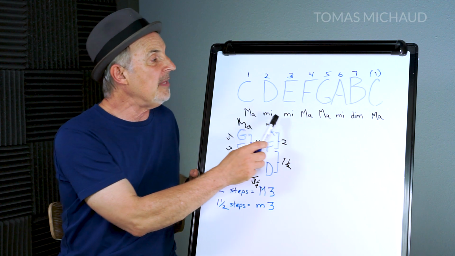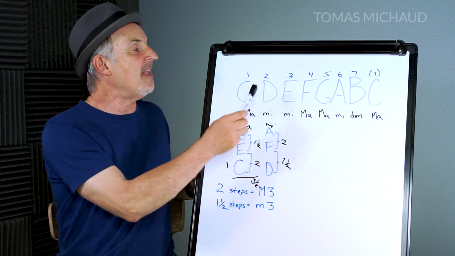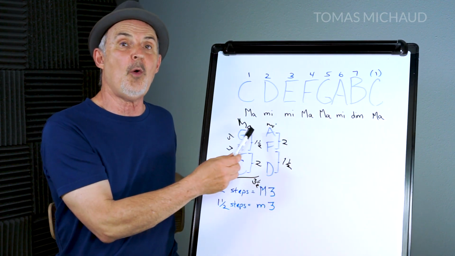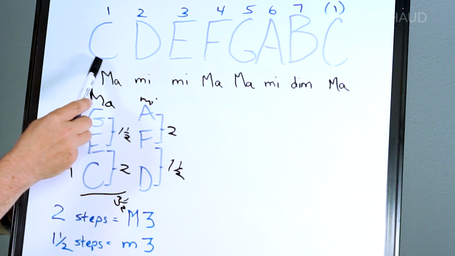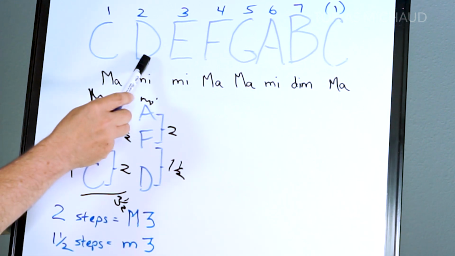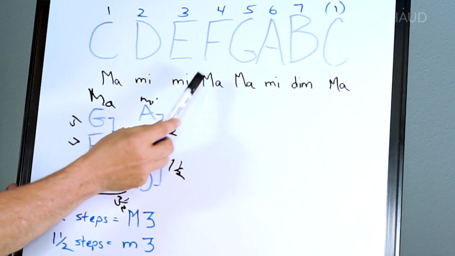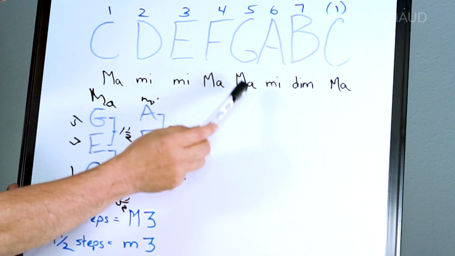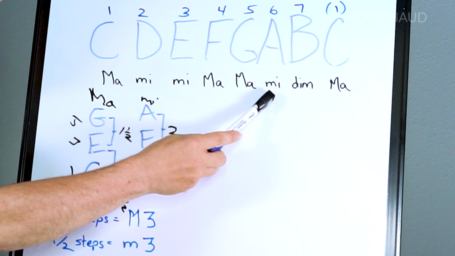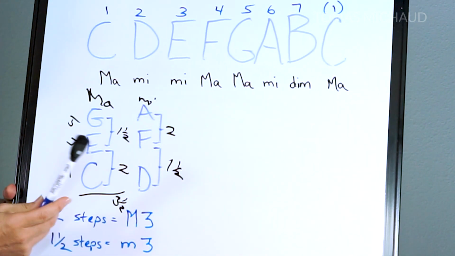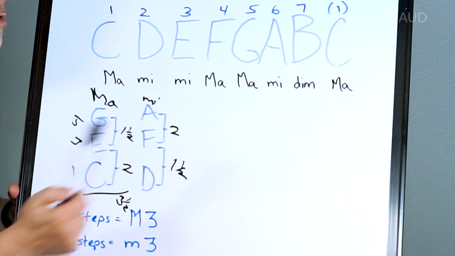Now, I've written underneath each of the scale degrees, if you did that for every scale, this is the chord that would come out. If you do it with C, we already know it's a major chord. We do it with D, it's a minor. And if you go on, with E, it would be a minor, F would be a major, G would be a major, A would be a minor, B would be a diminished,